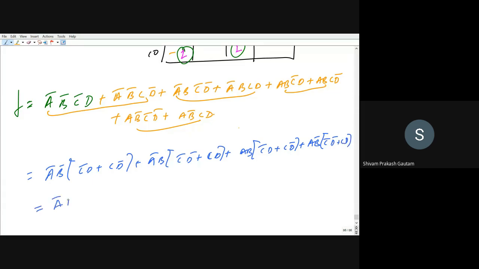Now this is A bar B bar, C bar D plus C D bar, which will be equal to C XOR D, plus A bar B, C bar D bar plus C D will give you C XNOR D. This term is clear? C XNOR D.